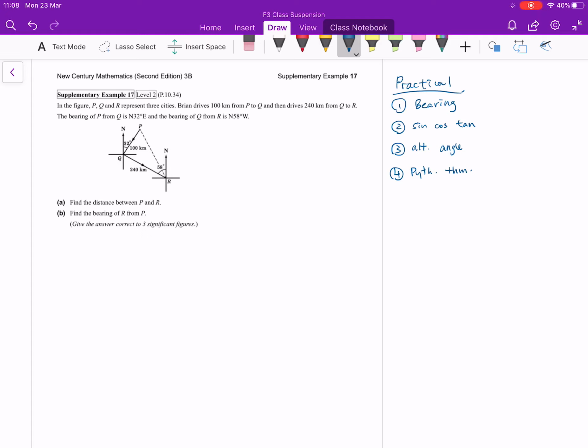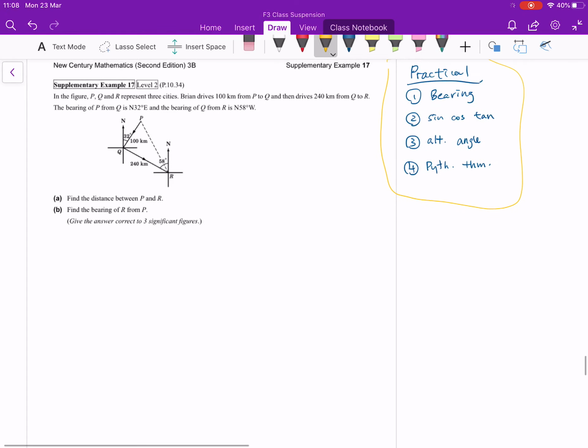Hello, in this video we're going to talk about two more practical problems about bearing, two level 2 questions. So here are the 4 tools we mentioned in the last video. So this one first, you may pause the video and read the questions yourself. All the given information is written on the graph, and then part A, you need to find out the distance